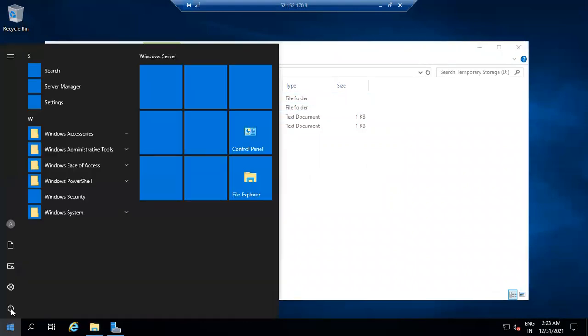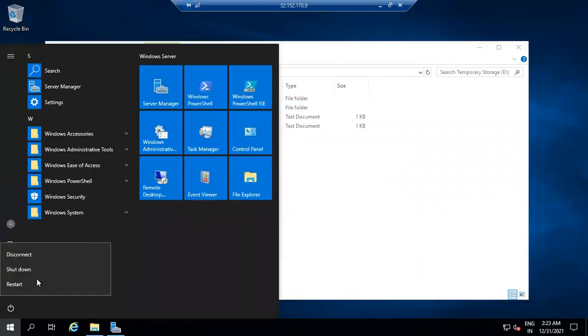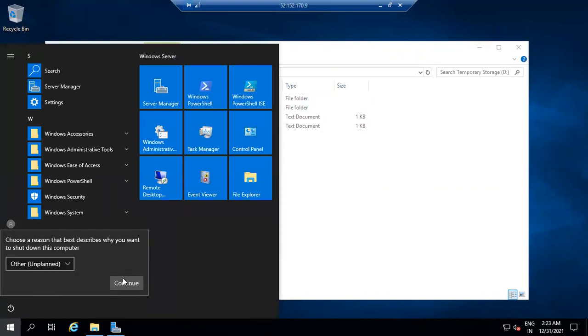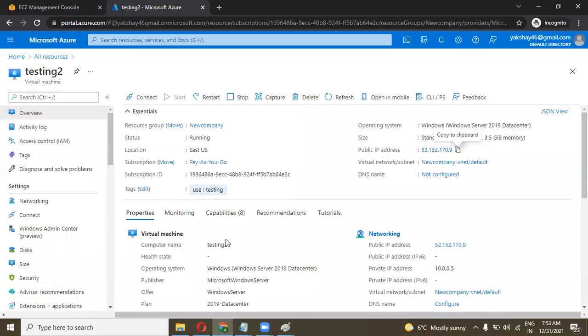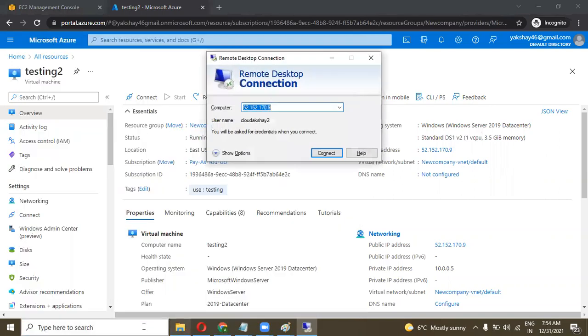Let's see if you restart from the inside. Let's check whether the RDP is coming or not.